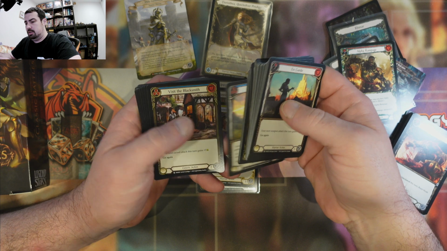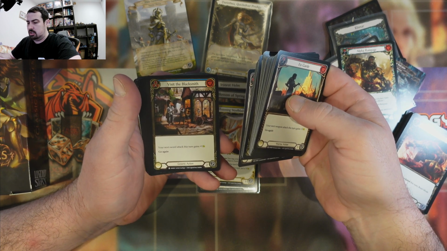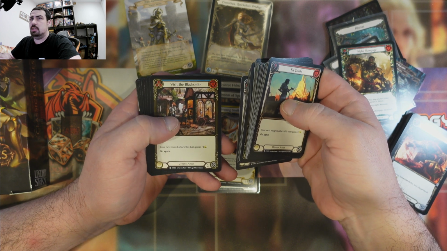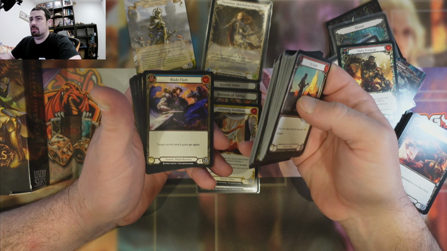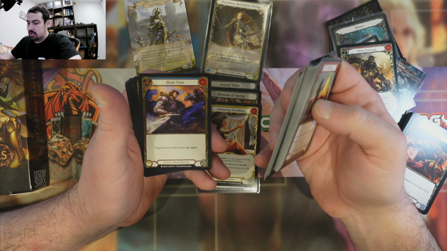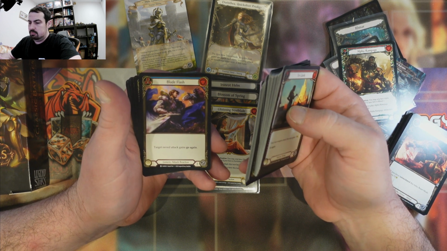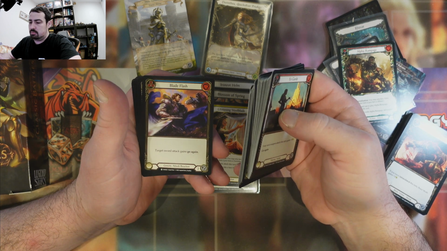Hit and Run. Visit the Blacksmith. Your next sword attack this turn gets +1. Go again. Okay, so it's a Sharpened Steel blue alternative. Why you'd play it? I mean, in the deck it's probably fun. Target sword attack gains go again. Blade Flash. It's a nice looking thing, but